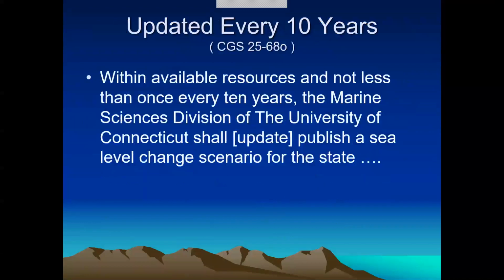And then how does this get updated? One thing in the law is it has to be updated every 10 years. Not, it must be every 10 years, at least every 10 years. So for those of you that spend a lot of time thinking about this area, there are two overarching things. One, nothing ever gets better. It never seems to be the case where you look at today's prediction and say, oh, well, now that we know more, it gets better. No, it usually tends to get more alarming. And the second thing is that 10 years is a lot of time. So this idea of it not being static is great, and hopefully it'll be updated even sooner.